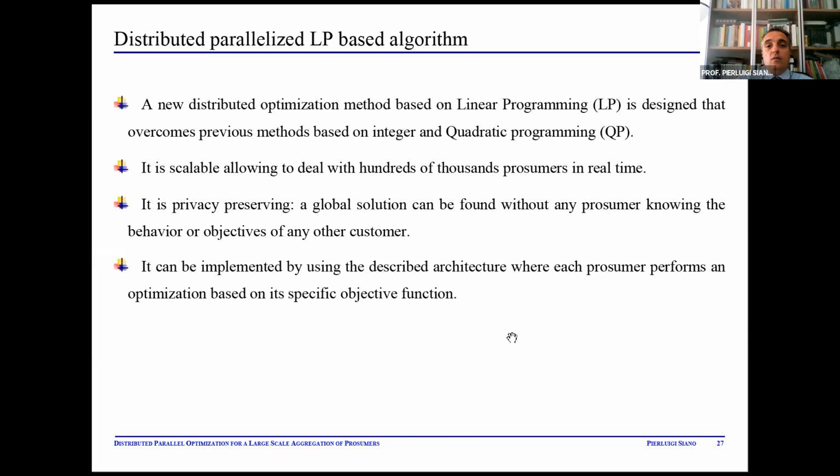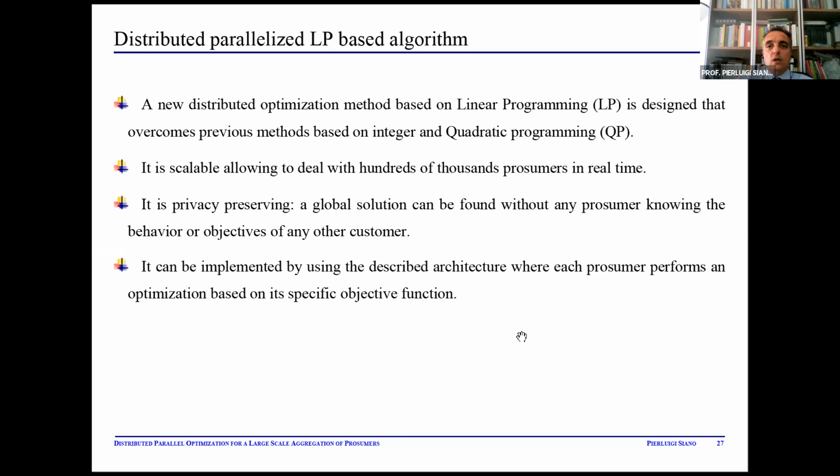It is scalable, allowing to deal with hundreds of thousands of prosumers in real time. It is privacy preserving. In fact, a global solution can be found without any prosumer knowing the behavior or objectives of any other one. It can be implemented by using the described architecture, where each prosumer